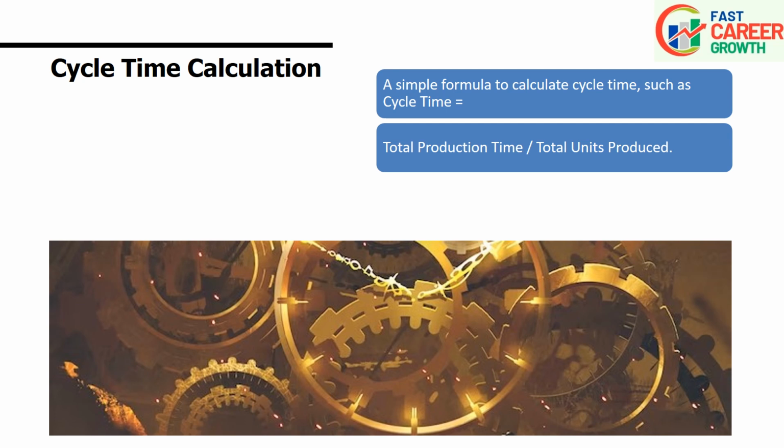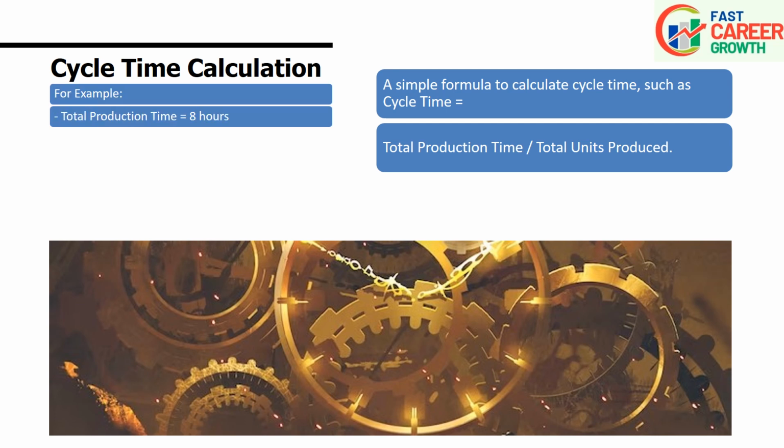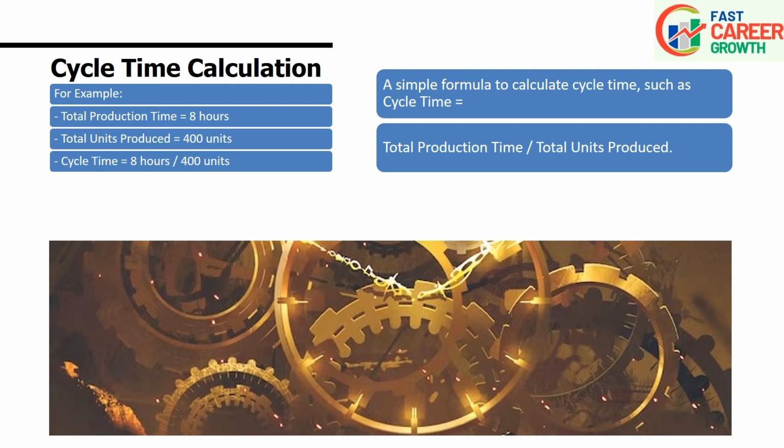For example, let's say total production time is 8 hours. Total units produced is 400 units. So cycle time is 8 hours divided by 400 units. And the result will be 0.02 hours per unit or 1.2 minutes per unit. It helps organizations measure the time it takes to produce a single unit, which is vital for evaluating and improving